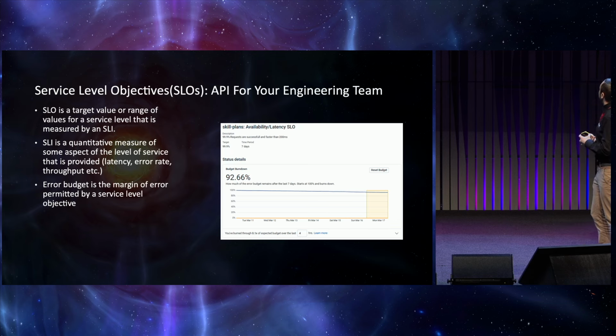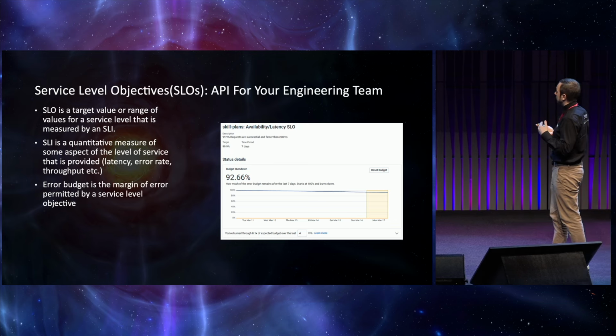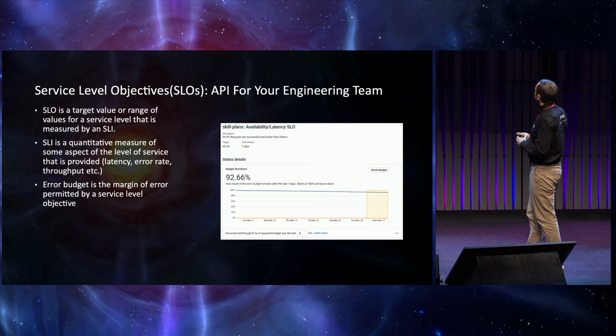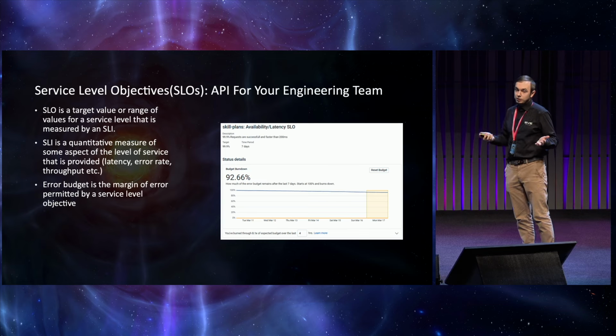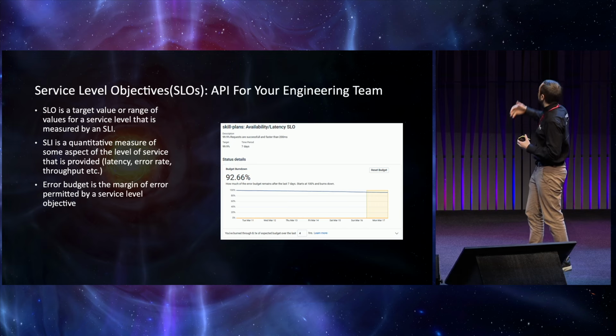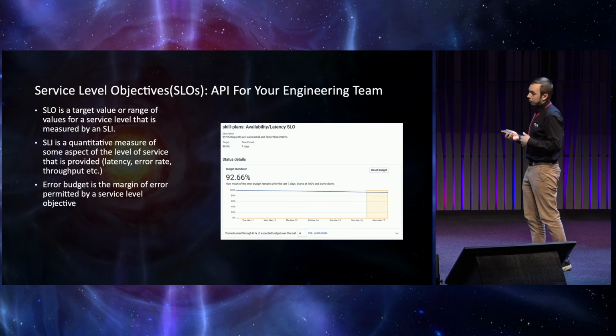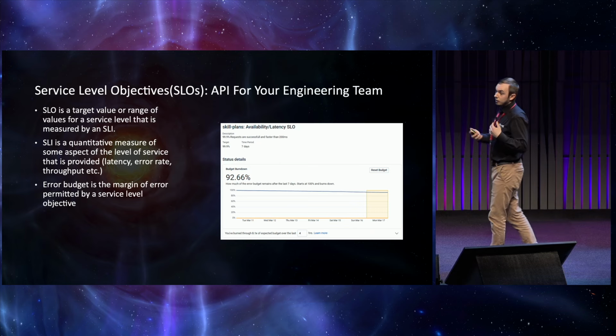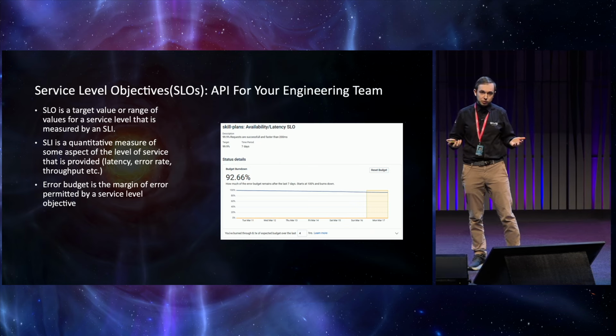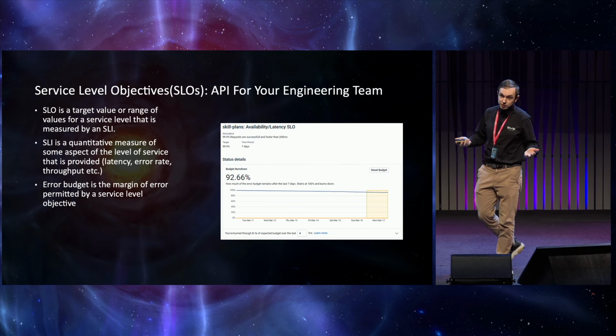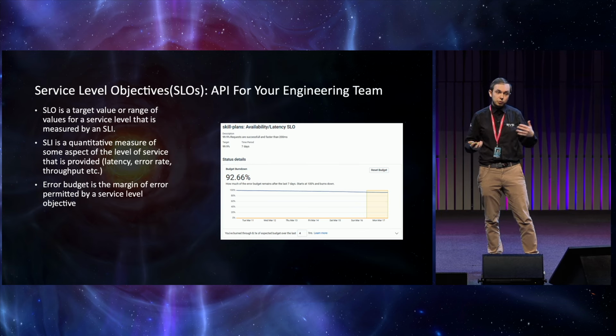So here we have a skill plan service and a service level objective for it that tells us that 99.9% of requests are successful and faster than 200 milliseconds. And then we track it over the 7-day time period. And then below you can see the error budget burn down. And at this point, you may wonder, why can't we provide 100% level of service? Because obviously we want to provide the best quality to our players.